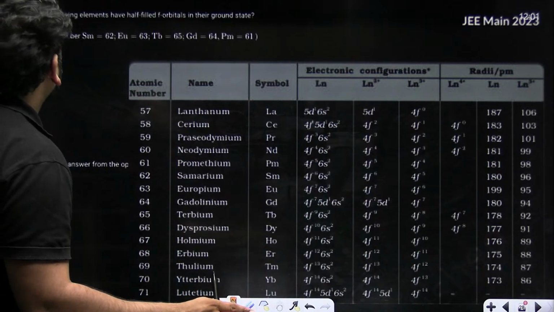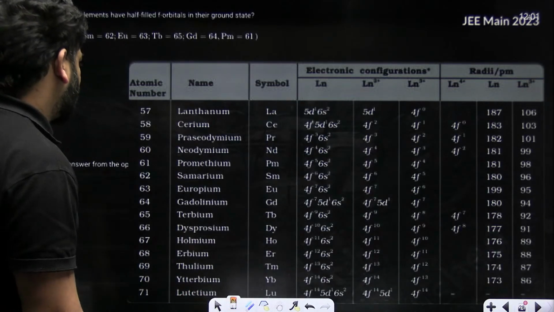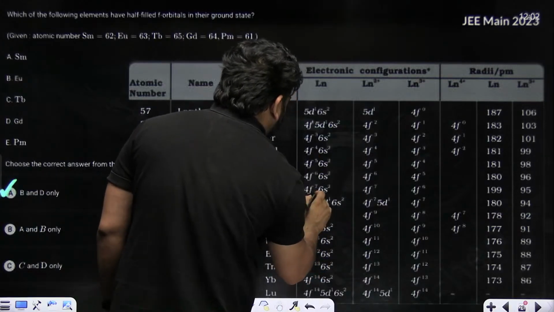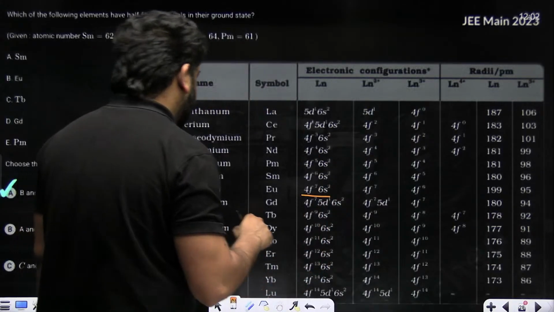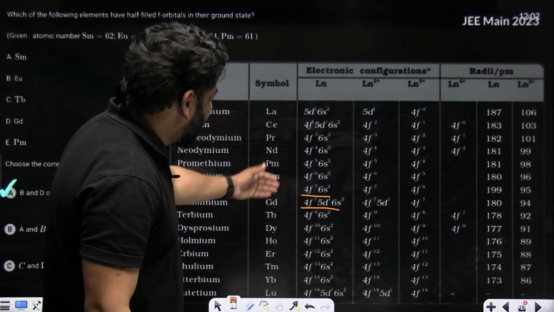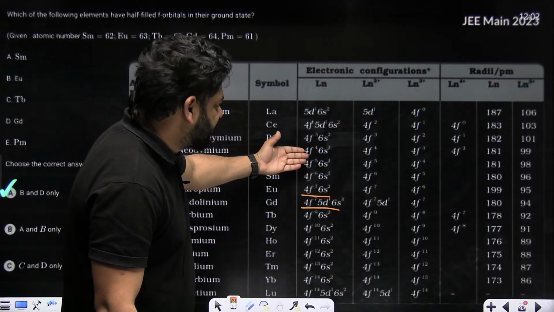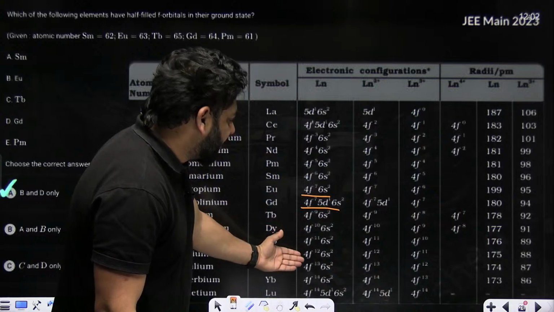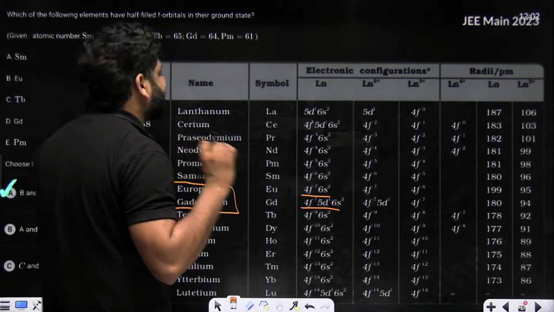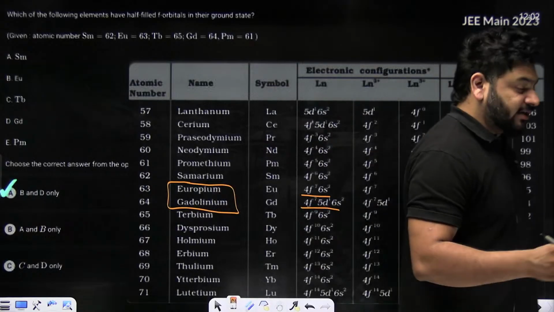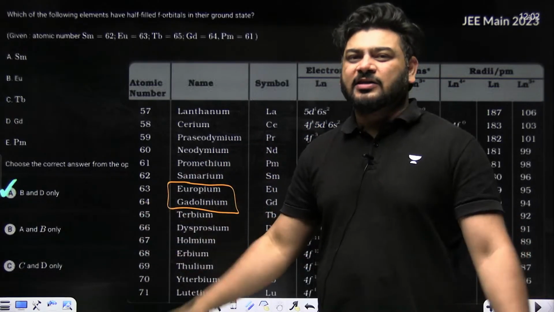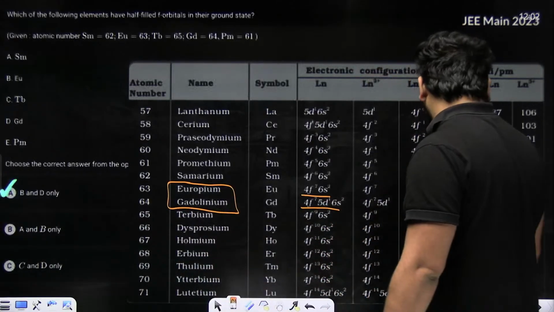So in lanthanides, europium, you see 6s2 4f7, and then gadolinium also is 4f7 5d1. For the rest, anywhere you can check, it is d6, d5, d4, it is d9, d10, d11. So these two elements are very important, guys, europium and gadolinium. Please learn it immediately and you will get your answer. I think no further explanation is required, because it's not even an application based question, it's just a rote